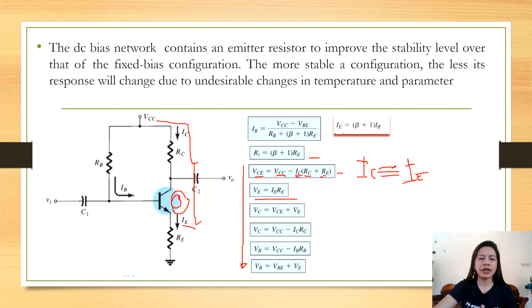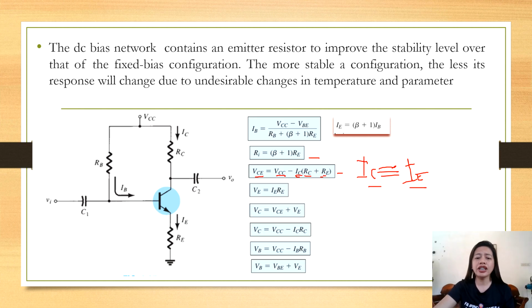So where does it go? Actually that's just Ohm's law, guys. If you already know the value of IE, or the IC, and the RE is given, then you will be able to get the VE. And now for the VC, how did you arrive at this? Actually, this formula is just coming from the VCE, the one that I mentioned in our previous discussion, that the formula can also be taken by this.